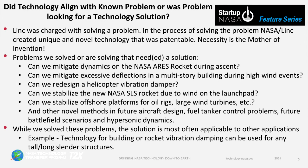So what were we looking for? Did we have technology looking for a problem, or did we have a problem looking for technology? So in the process of solving the problem, NASA and Linc created this unique and novel technology and found it patentable. Goes along with the old line you've heard, necessity is the mother of invention. Problems we have solved or are solving now